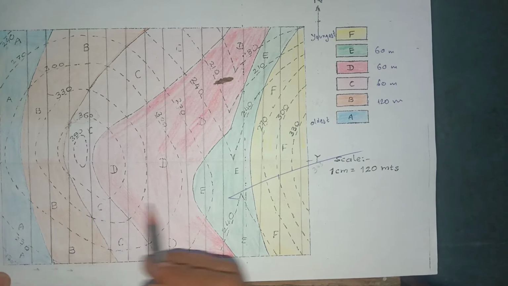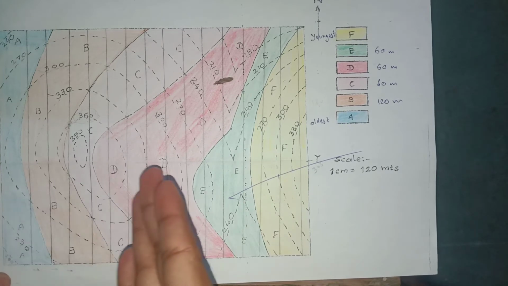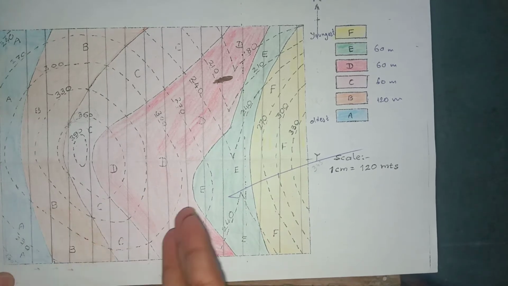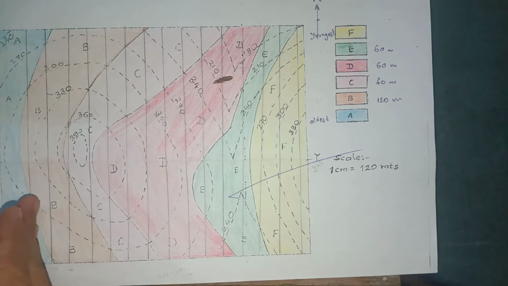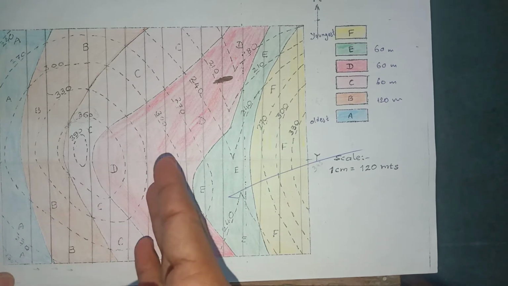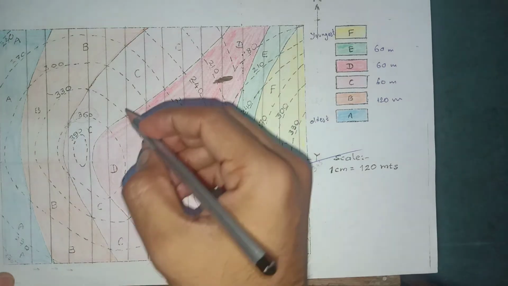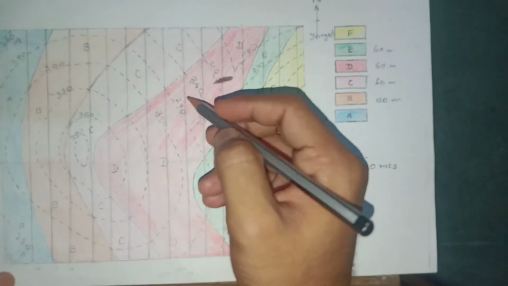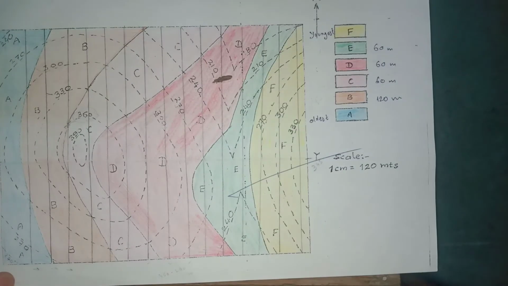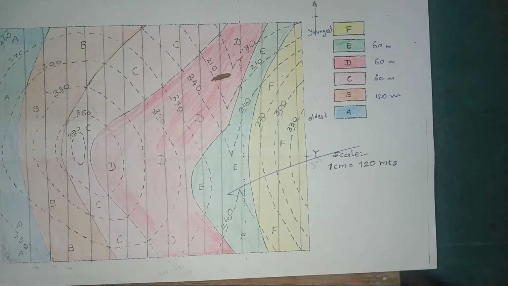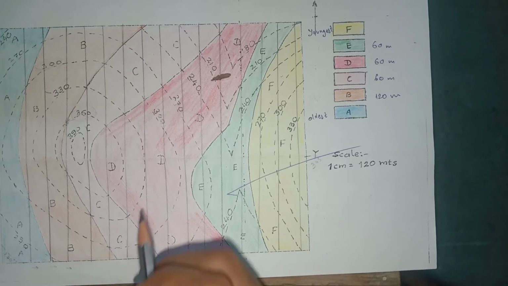As you proceed further, you will get to know that the straight lines are parallel to each other. So just make parallel straight lines to it, as many as possible. After making the straight lines we have to find the dip amount, but that part we will do later on. First we have to find the thickness.